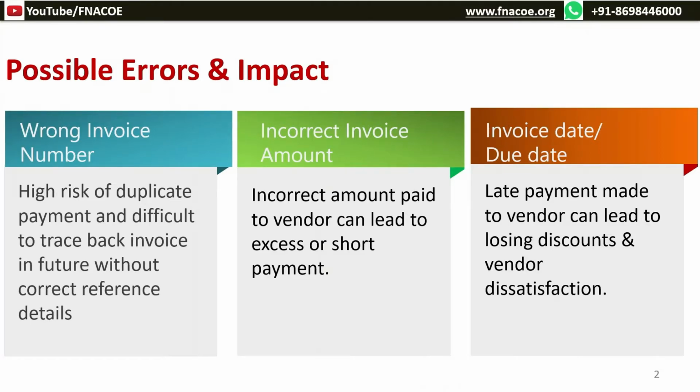Invoice date errors generally happen due to invoice date formatting. Maybe your company follows a DDMMYY format, that means starting with the date, then month, followed by year. And some suppliers follow an MMDDYY format, that is starting with month, then date, followed by year. That may cause confusion to the accounts payable department, and sometimes they get confused with those dates and put in a wrong date. These are a few of the examples because of which a wrong date is input by the associate.